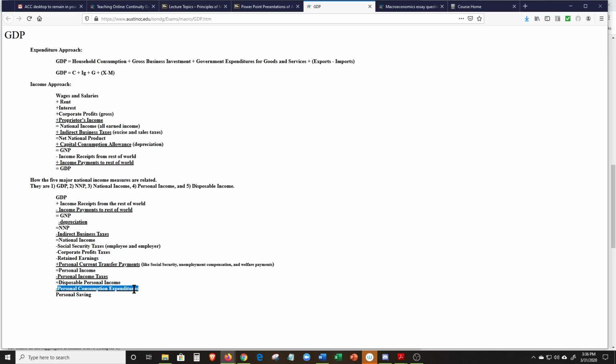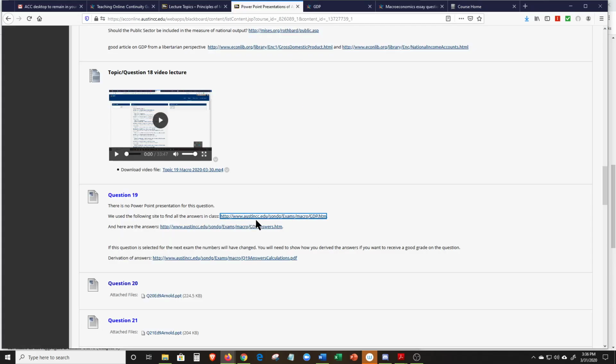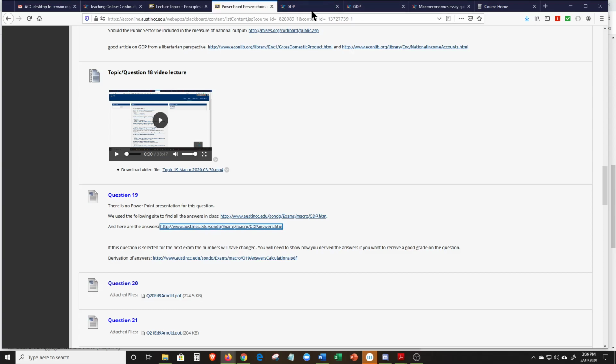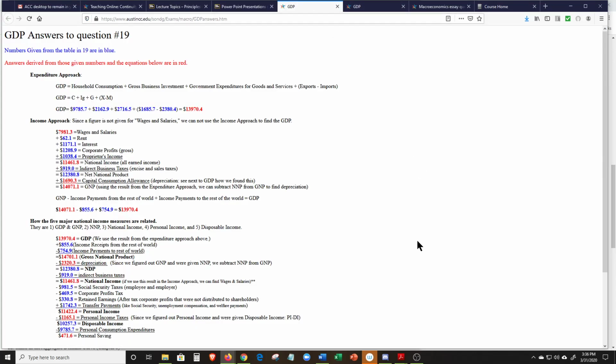These personal consumption expenditures are the largest item here in the expenditure approach, okay? And so let's take a look at another thing, actually the same thing. If you look under PowerPoints, and this isn't a PowerPoint, but here are the answers. Let's open this link up, and you can see that